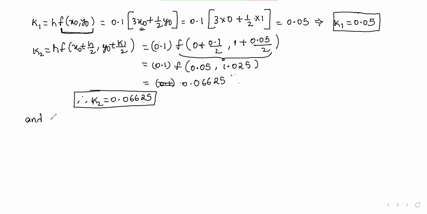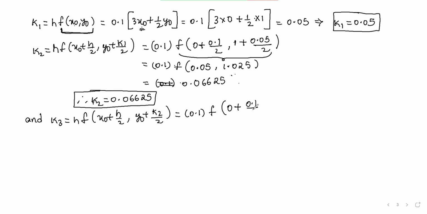And K3 is equal to h into f of x naught plus h by 2 comma y naught plus k2 by 2. That is equal to 0.1 into f of x naught means 0 plus h by 2, 0.1 by 2, y naught means 1 plus k2 means